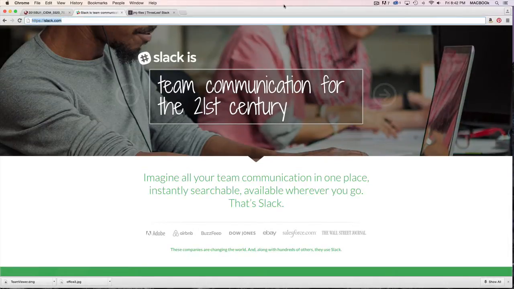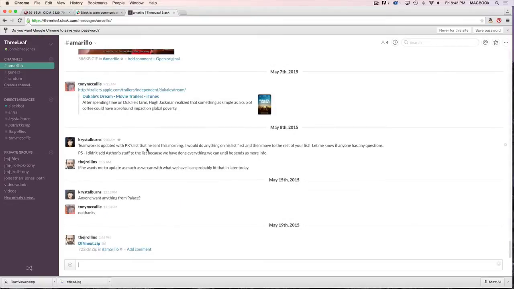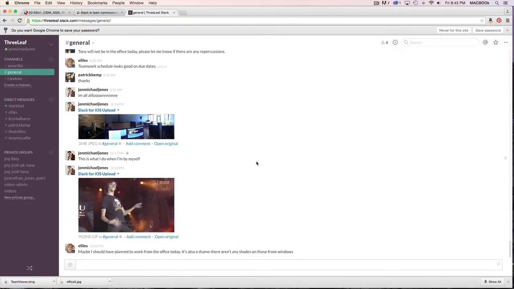So let's take a look at what Slack looks like in the real world. My office actually uses Slack, and so I'm very familiar and I love it. So I'm just going to give you a quick tour of what it looks like. Over on the left, you can see these little hashtag things, and this is for the Amarillo office. So you click in here, only people who are at our Amarillo office can chat in this window. This is a general, so every user can chat in this window, and you can upload fun stuff like GIFs and pictures. And this is where most of the business happens that everyone needs to know about.